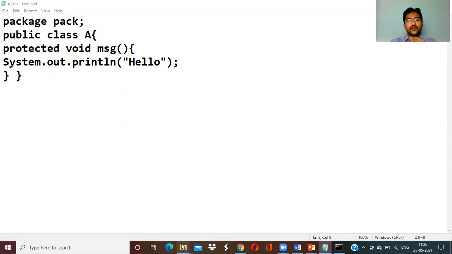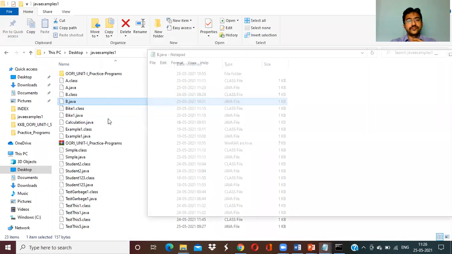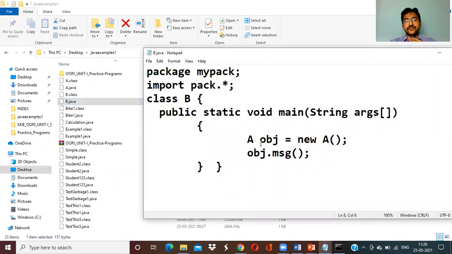Now I will open b.java. Okay, so class B extends A, with a main method, creating an object for the B class and calling obj.message.